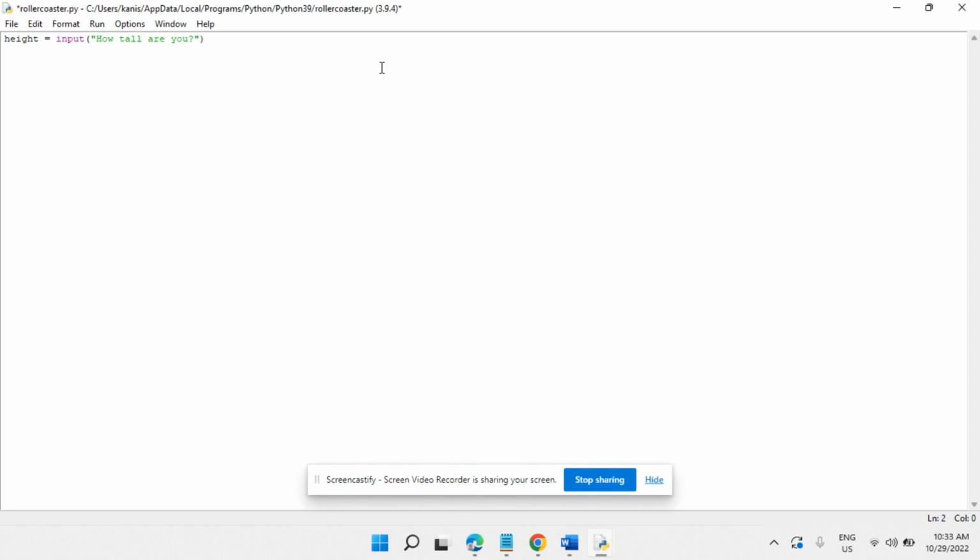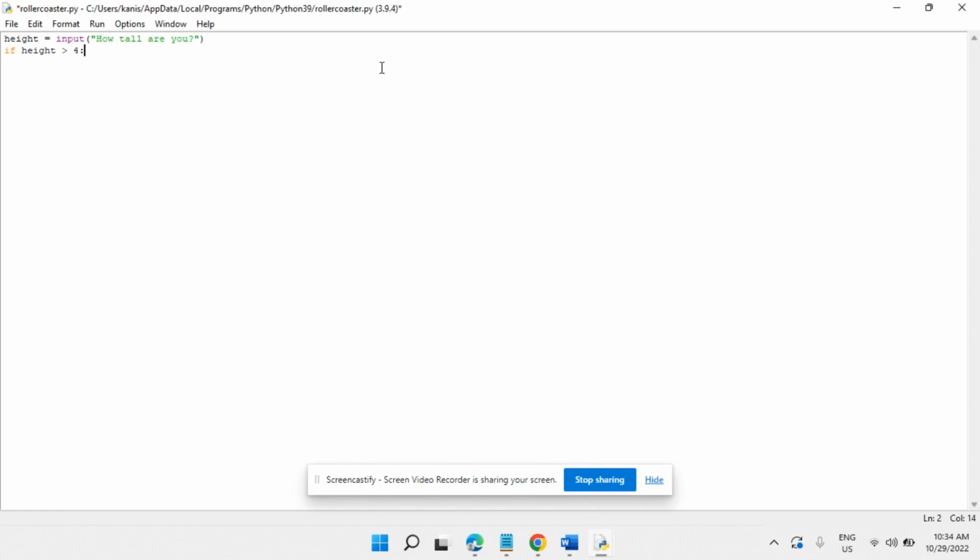And we need to make sure that our program knows which one to give in different cases. So we're going to use the word if, which we used in our shell window. So if height is, let's say, taller than 4 feet, because I feel like that's usually the minimum for roller coasters. If height is, let's say, greater than 4,